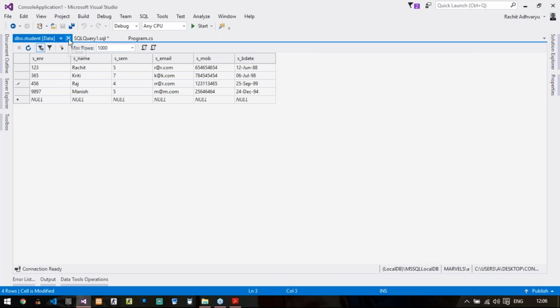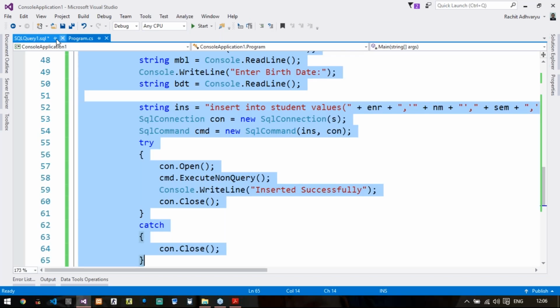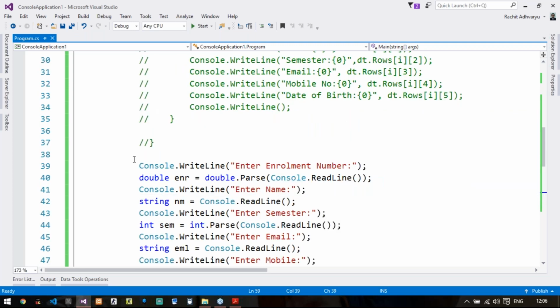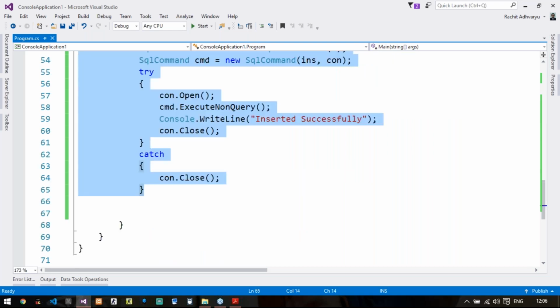So I will again comment all these things. But what I will do is, I will take this try and catch part. So let us Control Z. I will first copy this, Control C, and then I will comment all these things.